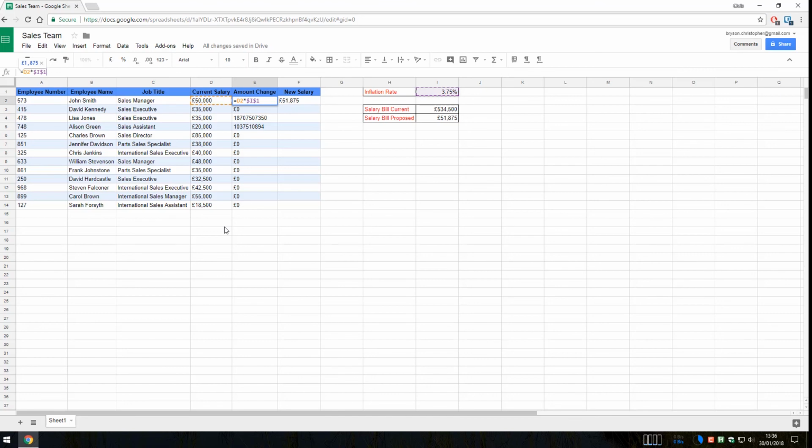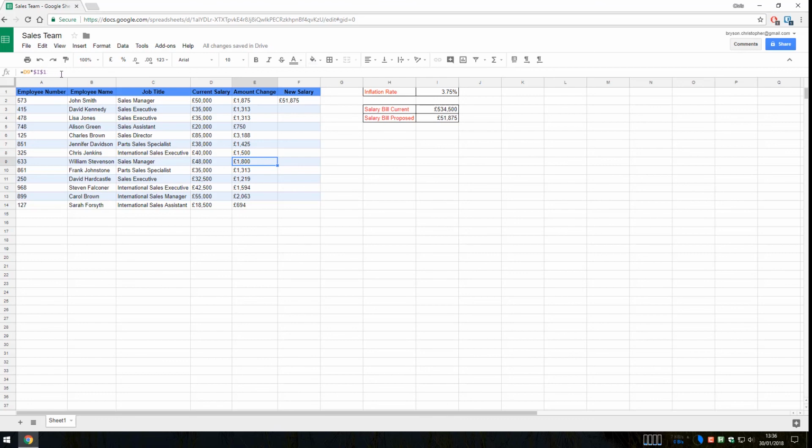And if we press enter, that value doesn't change. But if we autofill down, you can see that the values are now looking right. And let's now just double check what's going on. So I'll just pick a random one on the table. This guy, D9 multiplied by, and it's put in these